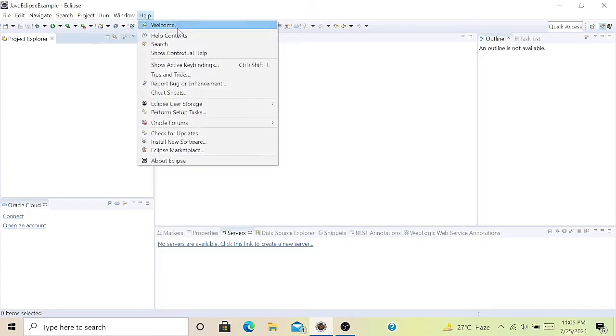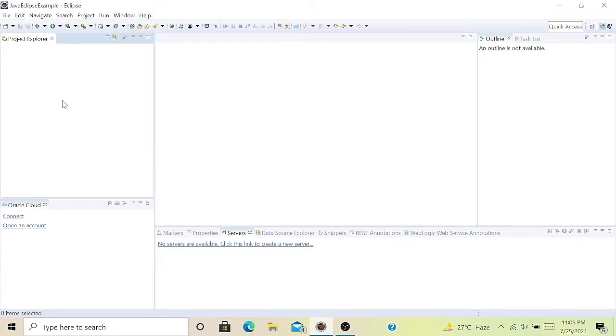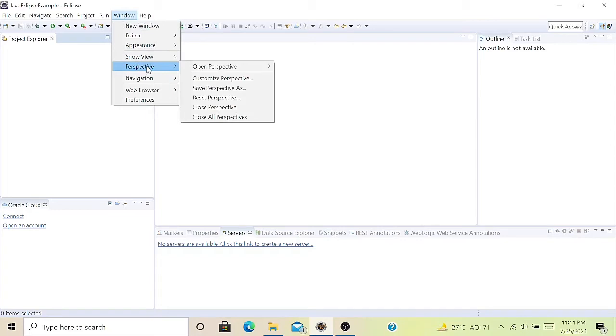If you need any help regarding Eclipse IDE, you can search from here. You can go for a new window, and you can also open perspective from here. Reset perspective, close perspective, customize perspective.